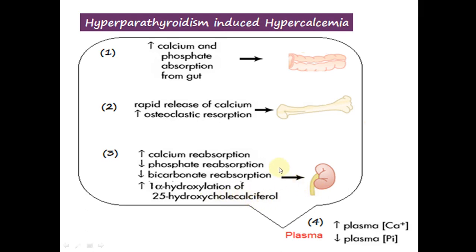So as a result, when there is excess parathyroid hormone secretion, there will be increased plasma calcium concentration, while the plasma phosphate concentration is decreased because parathyroid hormone increases the excretion of the plasma phosphate. So basically, hyperparathyroidism will lead to hypercalcemia, and uncontrolled hypercalcemia will lead to metastatic calcification or abnormal deposition of